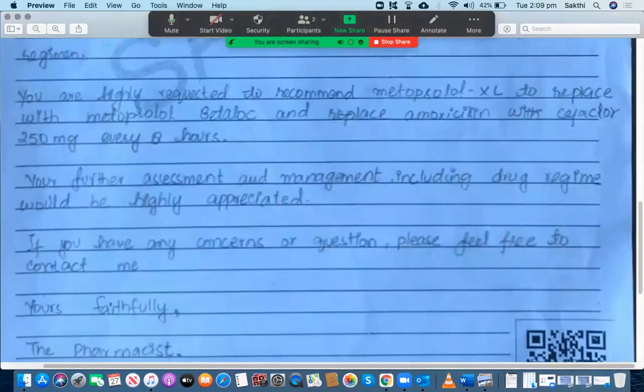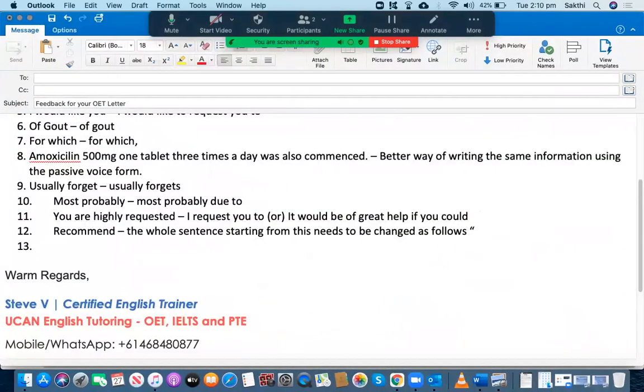Because when you're replacing two medicines, why are you writing them down separately? You can simply mention metoprolol XL, for example, to replace with. So which one is the existing medicine and which one is going to be replaced? Can you tell me that clearly? Metoprolol Betaloc is the existing one, to be replaced with metoprolol XL, right? Yes. So you can say like this: I request you to replace metoprolol